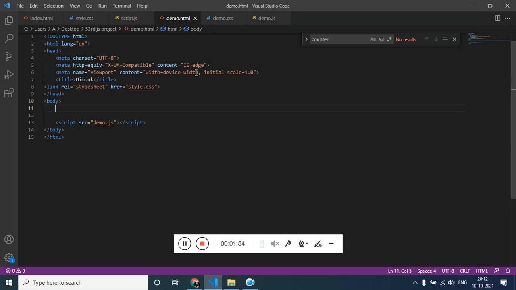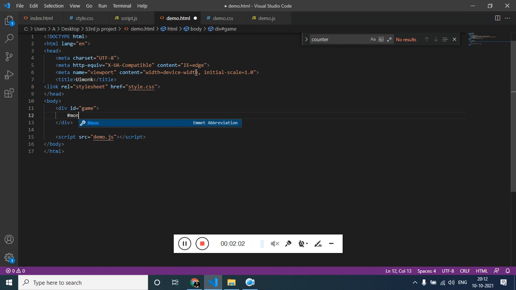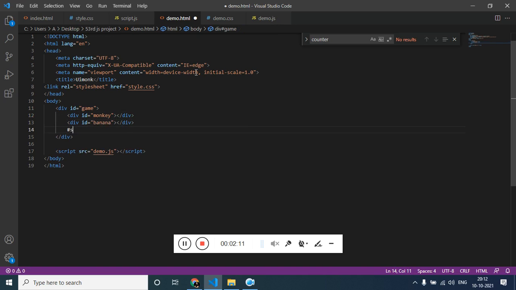Now we are going to create a container with id game, and inside the game we need monkey, and we need banana, and finally we need score with text score and a span which shows the score.